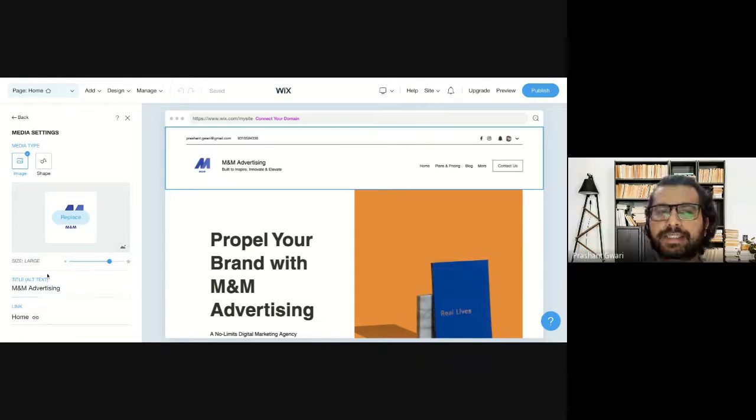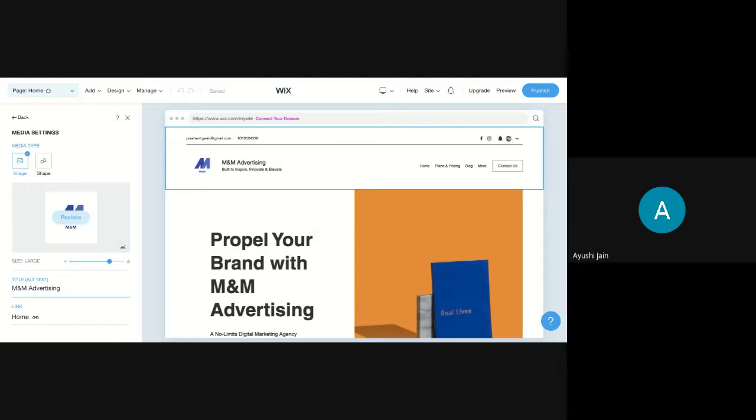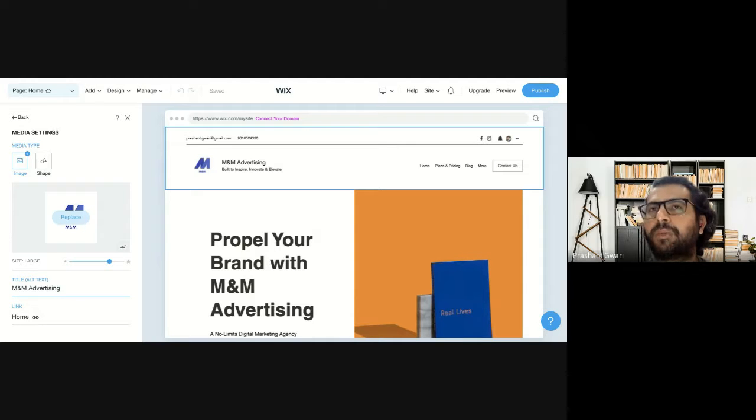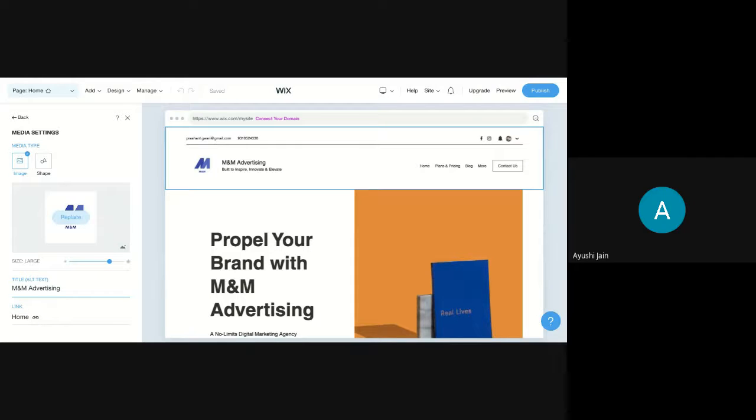Now, the second part is image alternative text. As Google can't read images, we have to give images some kind of alternative name so Google can read images. Whenever you are creating an e-commerce website, and someone buys a product from it, they will not buy a product without actually seeing the image of that particular product. If someone is buying a t-shirt or maybe a mobile phone from your e-commerce website, they want to see the image first. And how will Google show images to someone who is searching for t-shirt for men on Google if your images don't have alternative text?